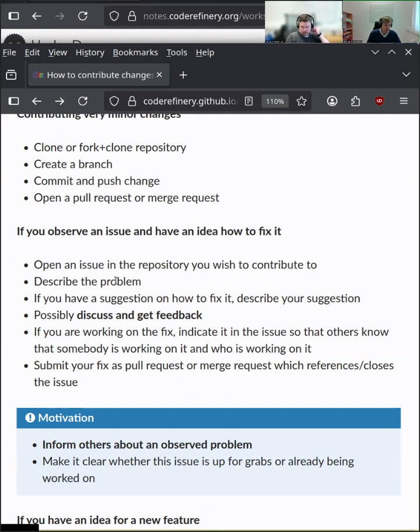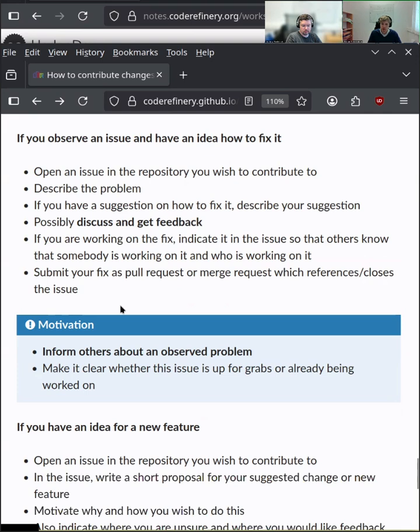And then in the best case, wait for feedback before you start writing 5,000 lines of code, to make sure that your contributions are actually welcomed by the contributors or by the maintainers of the project. And if you have received feedback, and if they give the green light to go on and work on this project, then you can put in the hours and actually write the code that you want to contribute. Also, by creating this issue, you indicate that this is something that you work on, to make sure that other people don't find the same problem and then you have three or four people working on fixing the same issue when only one would be required.